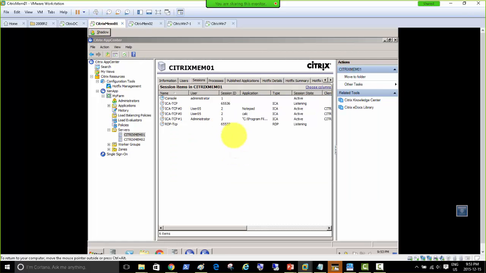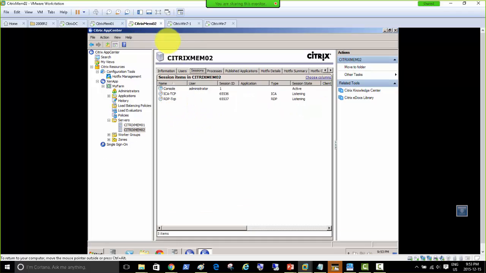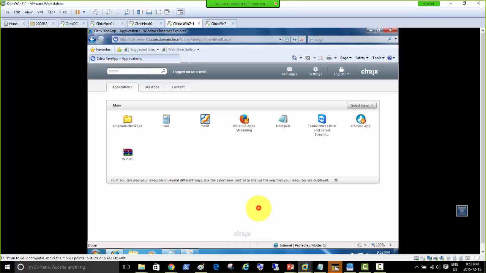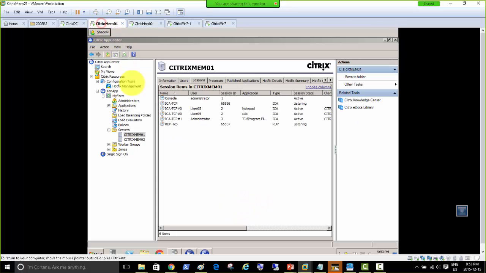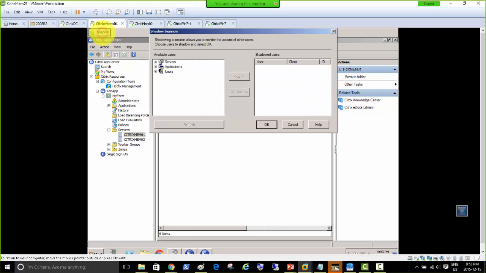So press OK. At least the administrator's session is disconnected, but the user session is still connected, which is okay. So I'm on member server 1 now, and there is that shadow taskbar appearing now, which was not there before, but we enabled it. So if I click shadow now, now whichever users on whichever servers are connected should be